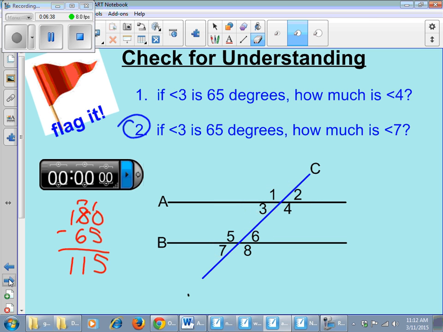Let's fill in all the angles really quickly. Once I know 3 is 65 and 4 is 115, and I know 1 is diagonal from 4, so it's also 115, and 2 is diagonal from 3, so it's also 65. On top, if I have 115,